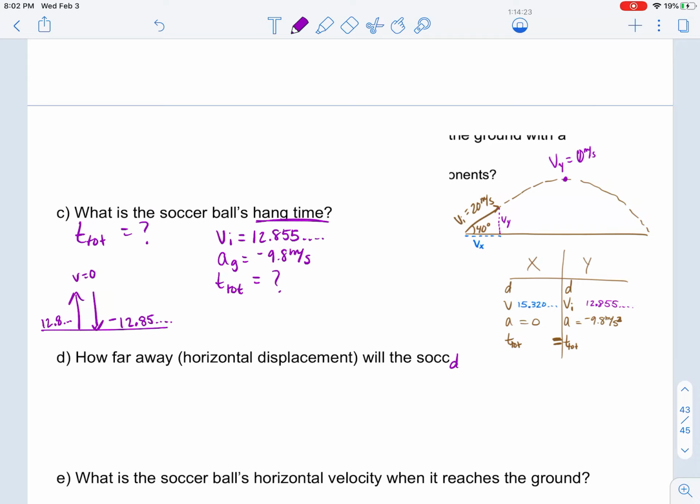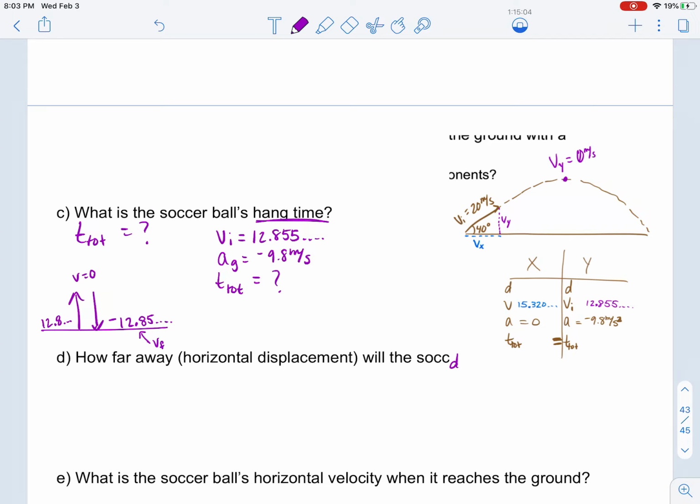Here's the deal. I absolutely could have used my distance equation and used that to help me find a time, which I could have then turned into a total time. But number one, that's more complex and requires more steps. Number two, what if I goofed on my displacement? Then that means that this answer is also going to be wrong. So whenever possible, go back to the original list of givens and use those variables as your preferred variables for choosing your equation. Okay, so then this list alone is not enough information, but this 12.85 here could serve as